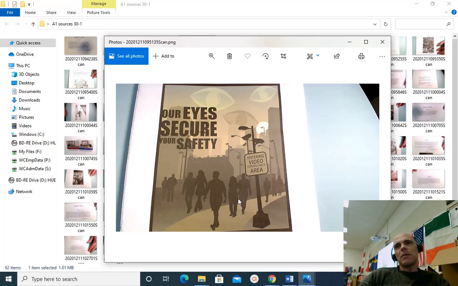But a lot of people, when this was on the exam, they saw that the government was being Orwellian, and that the people were, maybe because of the cameras, safe from each other, but now they were no longer safe from government because the government was invading their Fourth Amendment